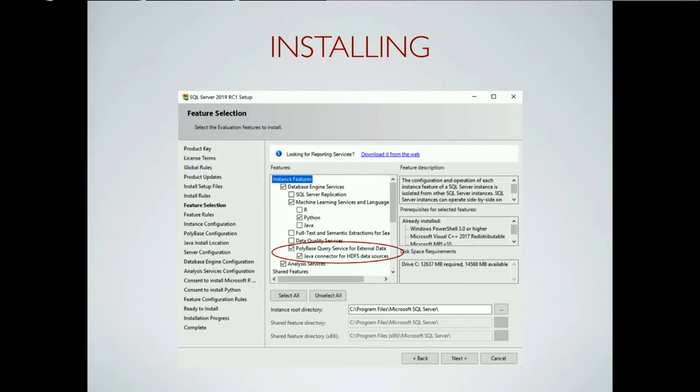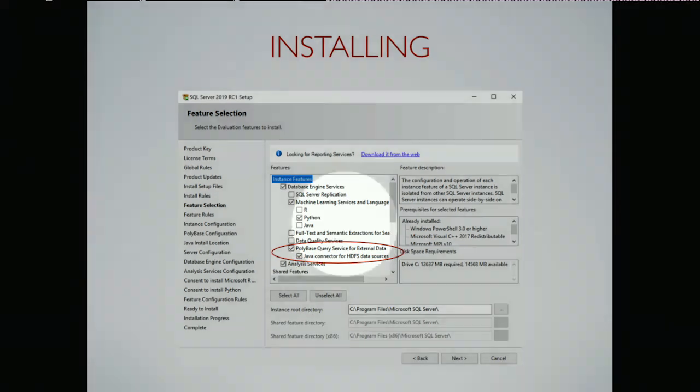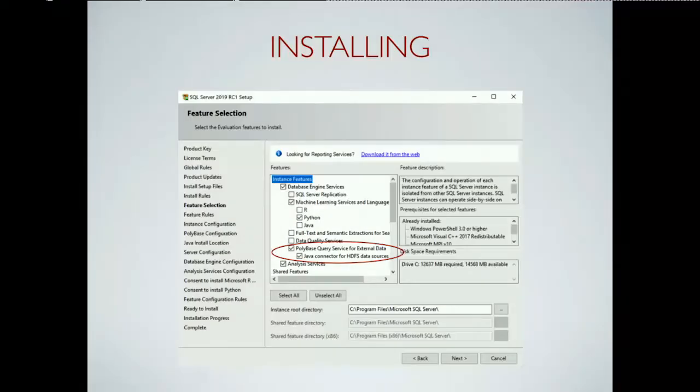Okay, so I've decided I want to use Polybase. What do I do? First of all, when you install SQL, you see this Polybase here, the query service and the data connector, Java connector for HDFS. You need to select those two items.